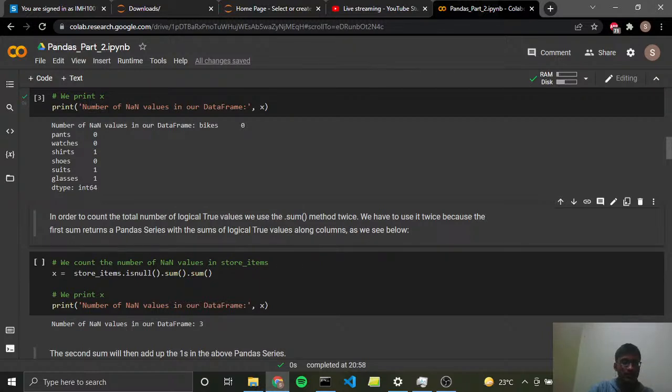In order to count the total number of logical true values, we use the .sum method twice. We have to use it twice because the first sum returns a pandas series with the number of logical true values along columns, as we see below. So this gives the number of missing values in each column. What if we want to find out the number of missing values in total